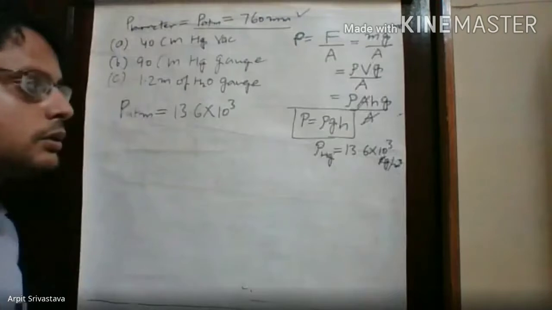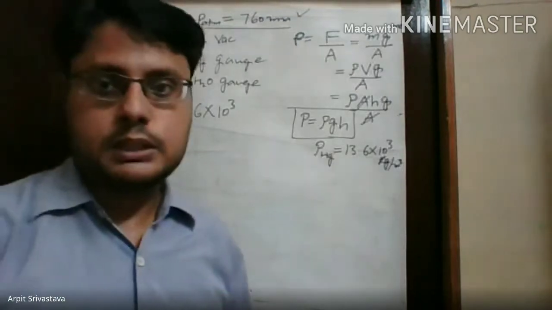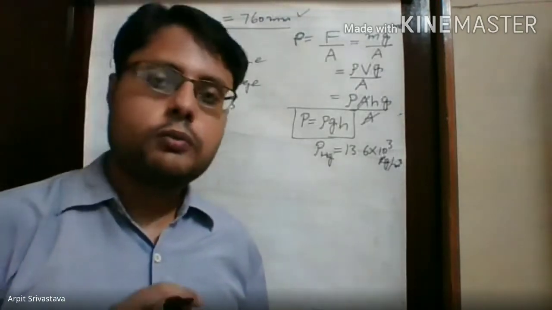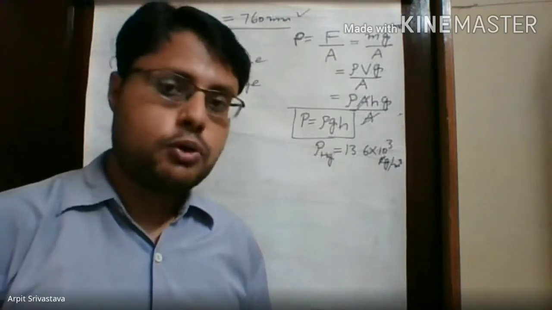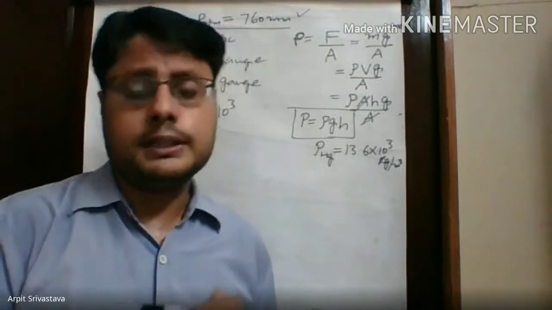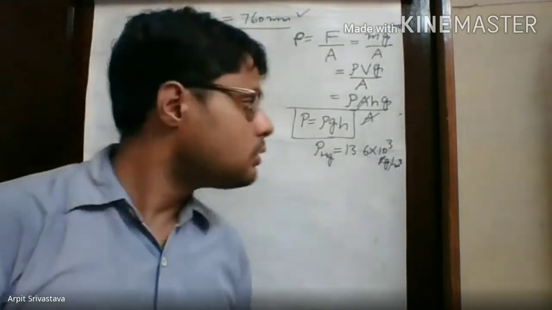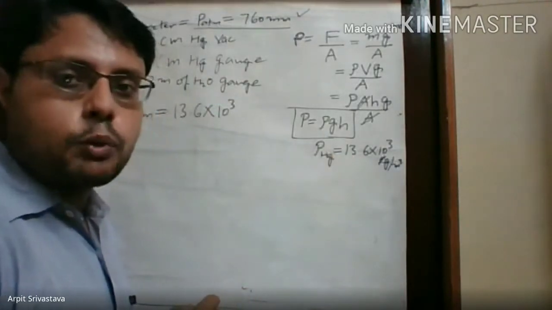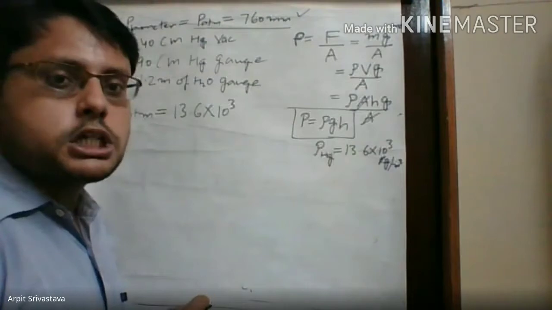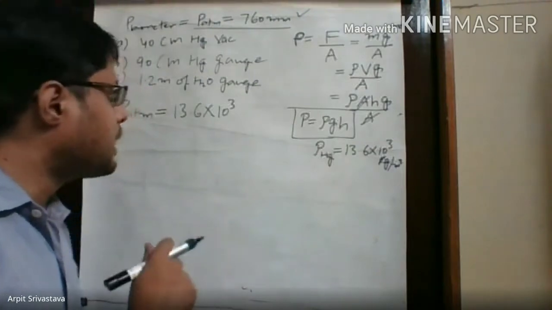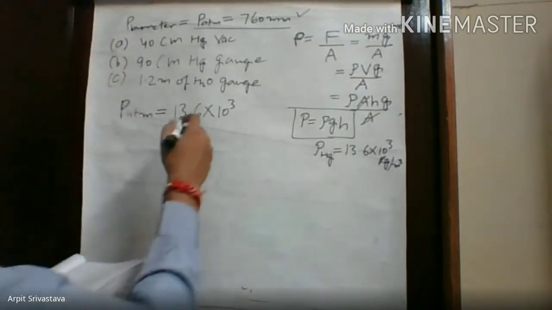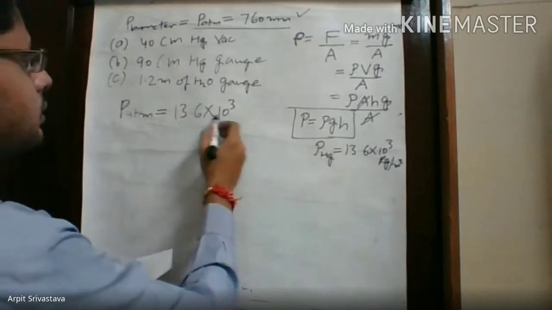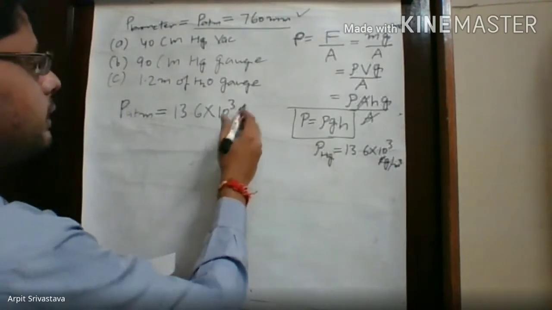You have to mug up this value; in lots of problems, you have to use it. So using this expression, P atm equals density 13.6 into 10 to the power 3,